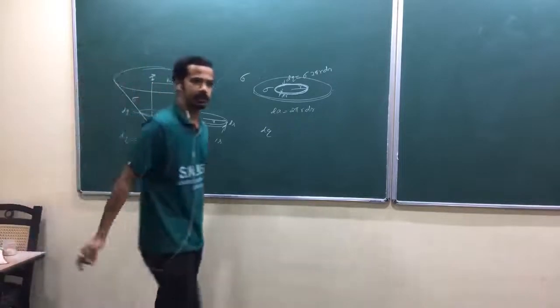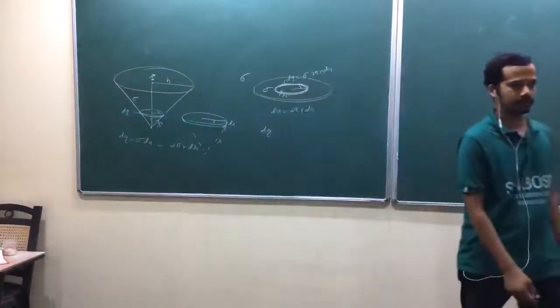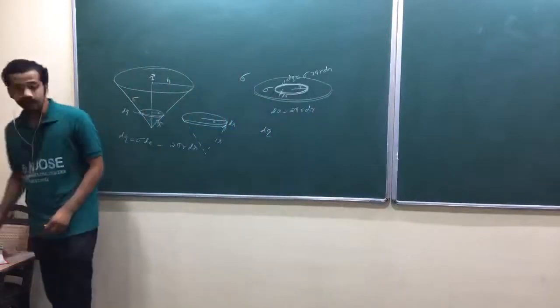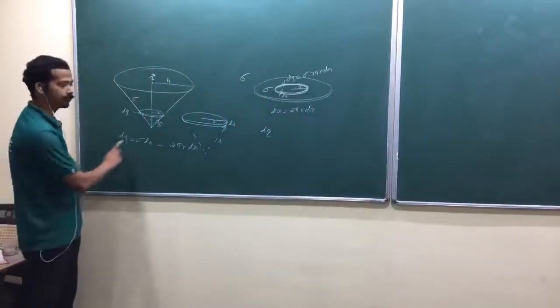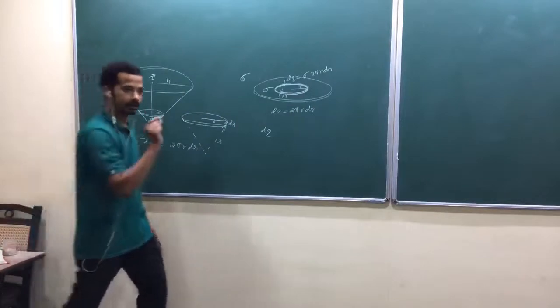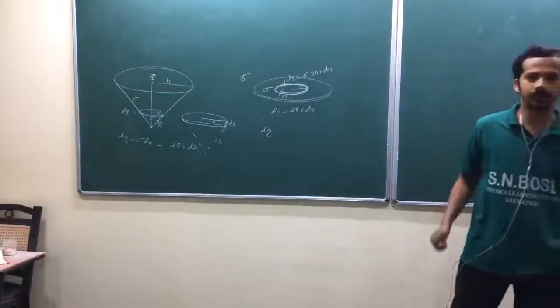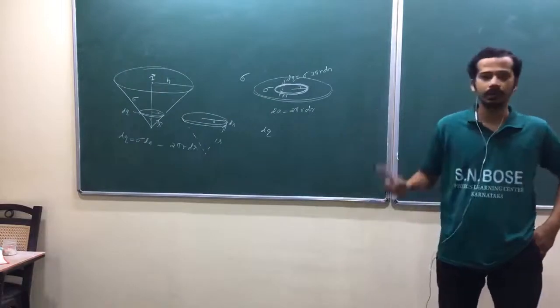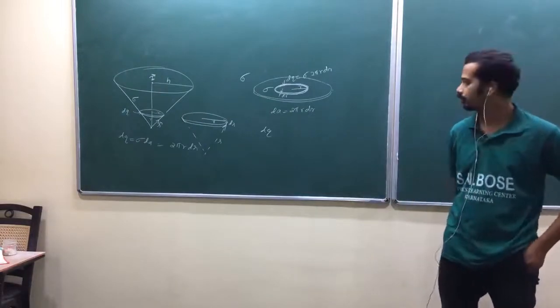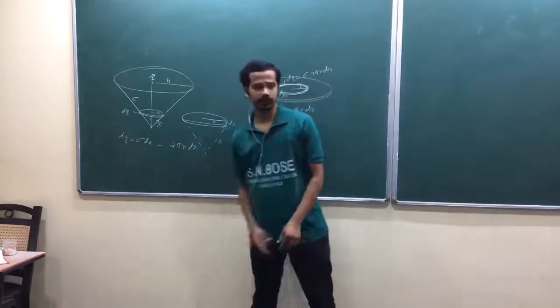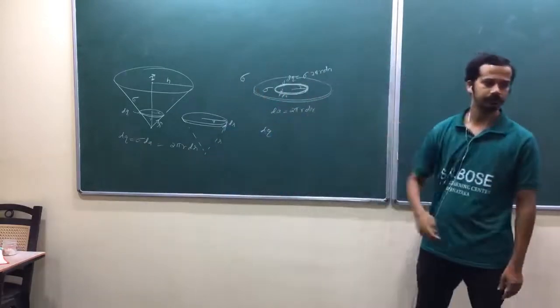Try this problem, let me explain later. But get this idea, this is the main basic idea: dq, how you define that surface due to a ring. You have to consider that one as a ring and then you have to integrate. And how do you take that one as a ring and relate that one to surface charge density? That is the main point.